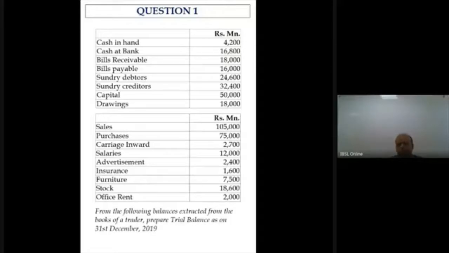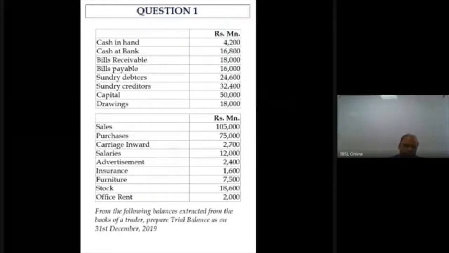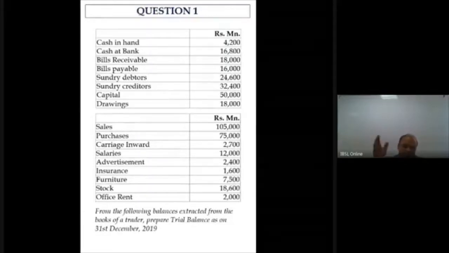So why I wanted you all to mark whether it is asset, liability or whatever, because once you have marked that, now the balances that are reflected here, you will get an idea. Because they haven't said whether these balances are debit or credit. That is a big problem here. Because when you are preparing the trial balance, you have to pick these balances and put it into the two columns, debit column and the credit column. But you don't know whether these balances are debit or credit.